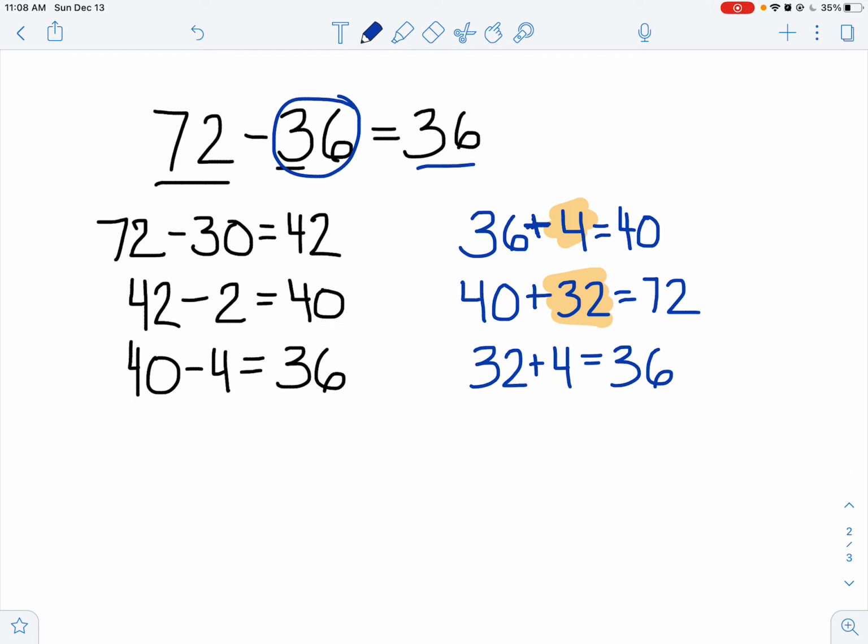So I'd like you to go ahead and give those a try. When you're working today, I want you to use equations to show your thinking. I'd like you not to use base 10 blocks. If you need to, you can model these on a number line because this is similar to a number line, but I'd like you to try practicing the equations so we can get to more efficient strategies. Let me know if you need any help, and